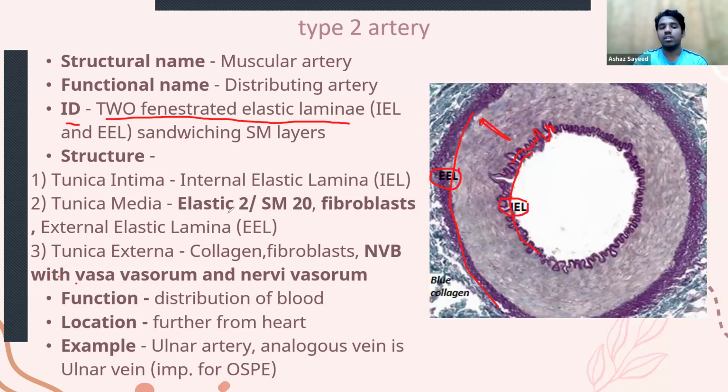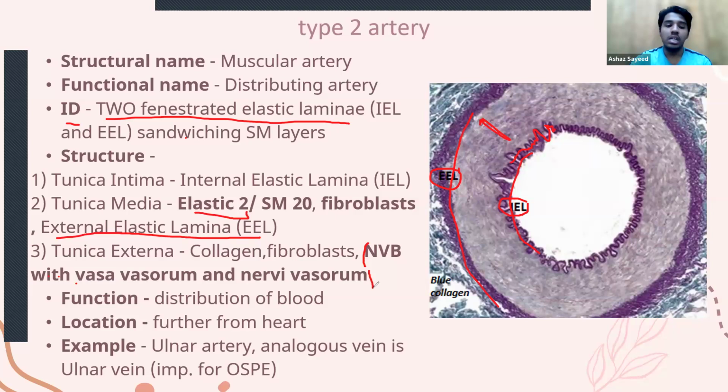We have only two elastic layers in type 2 artery. One of them is at the start of the tunica media, where the intima ends. The other layer is the external elastic lamina, and this is in the tunica media. The internal layer is at the boundary of the intima and media, and the external layer is in the tunica media. Tunica externa is the same as in type 1 artery. It also has this neurovascular bundle with vasa vasorum and nervi vasorum, for the same function, to supply nutrients to the wall